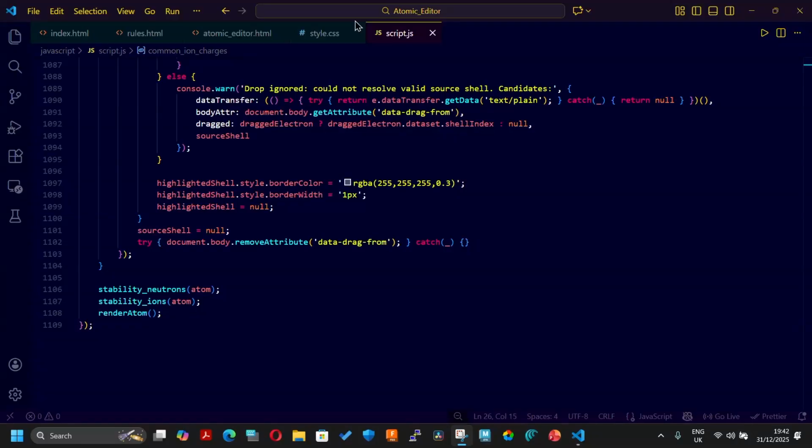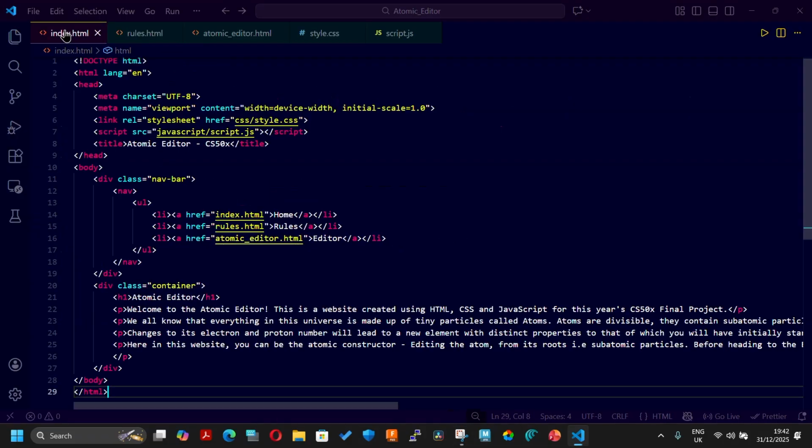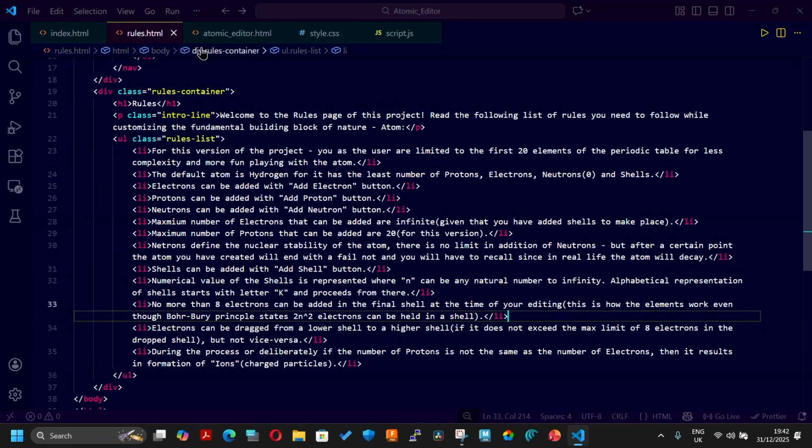I am Manvit and this is my project Atomic Editor. This is a theoretical chemistry based website made in HTML, CSS and JavaScript. As we can see, this website consists of three web pages. The file names are index.html, rules.html and